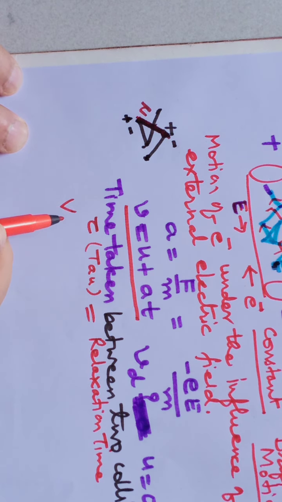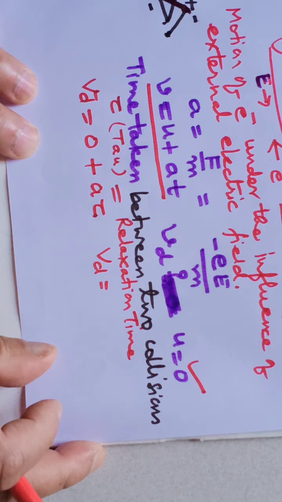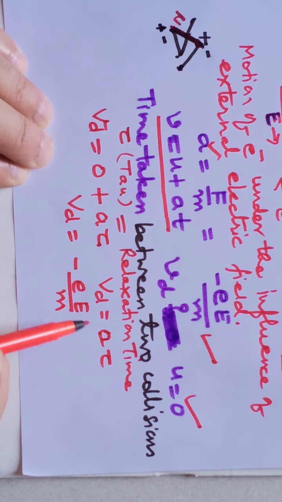So Vd comes out to be u plus a tau. So Vd is equal to minus E upon m, that is the a, and tau. So this is the expression for